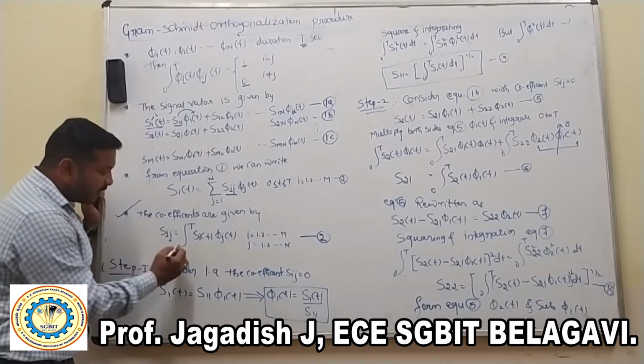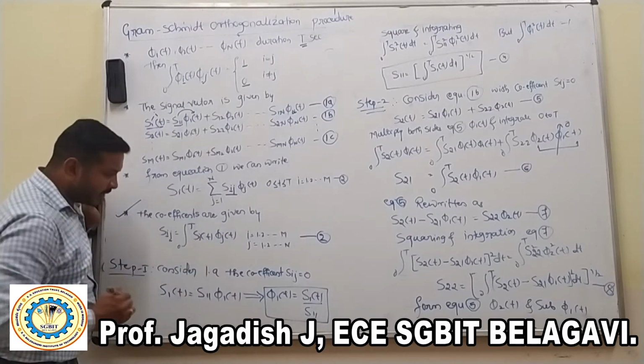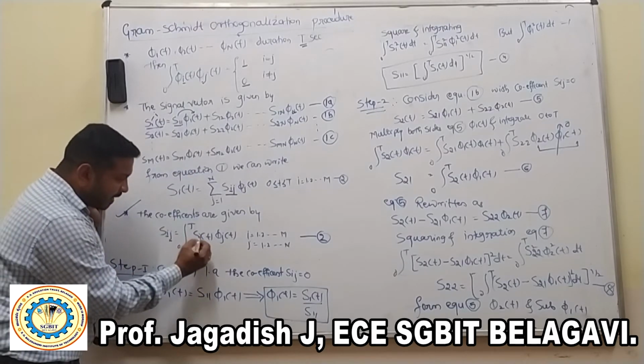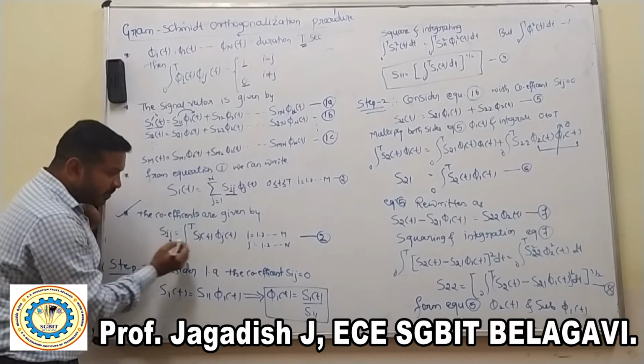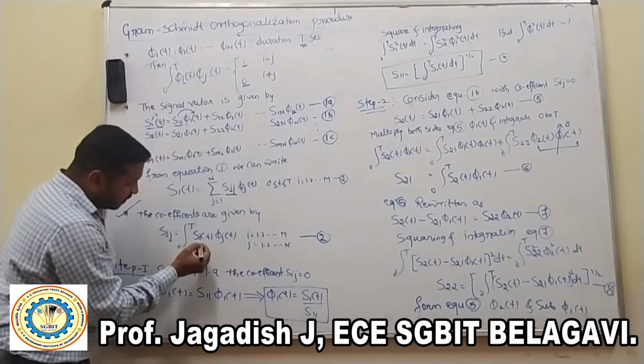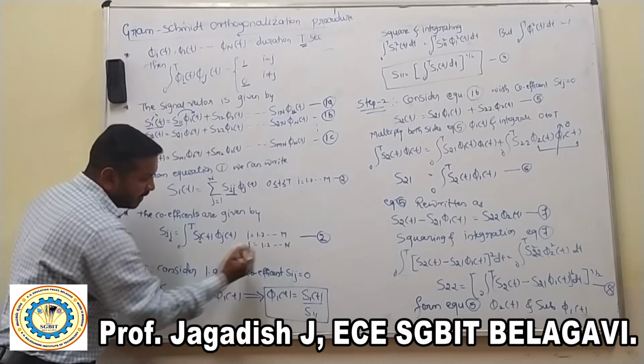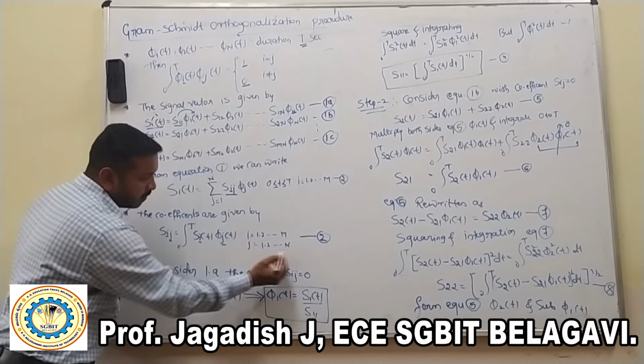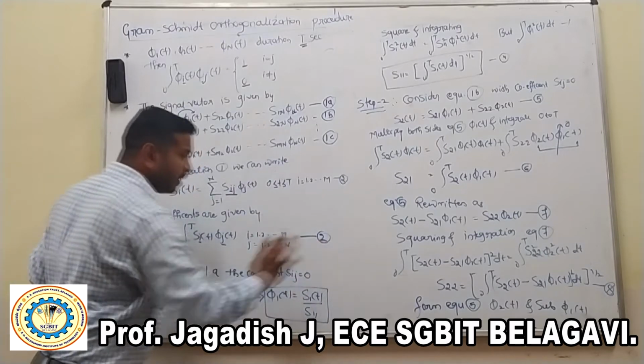So this orthonormal basis function means 0 to T integration. So the symbol can be represented by Si of t. Then j terms indicate the orthonormal basis function phi j of t, where i equals 1, 2 up to N, and j equals 1, 2 up to N. So write it as equation number 2.